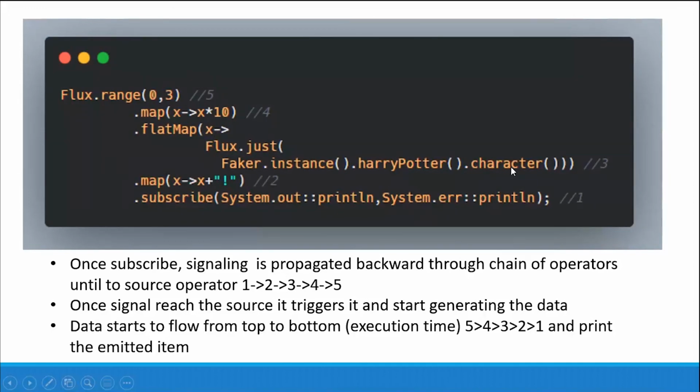I map that item to some Harry Potter character and return it from flatMap, getting a name as a string. I attach an exclamation mark and publish, then it returns another one. Like that, it will go three times.